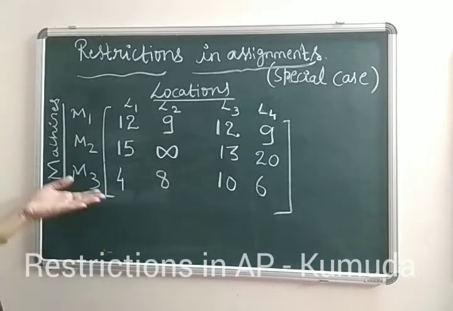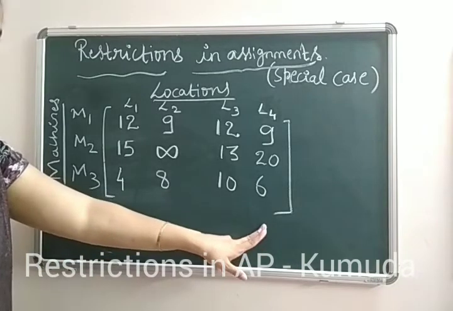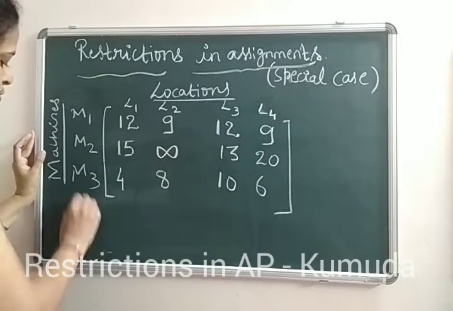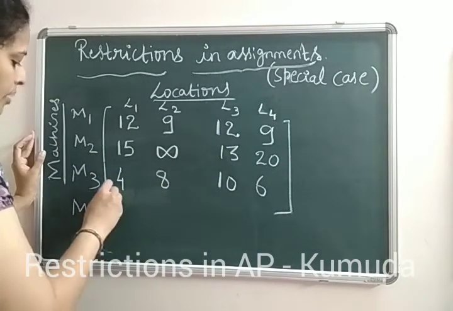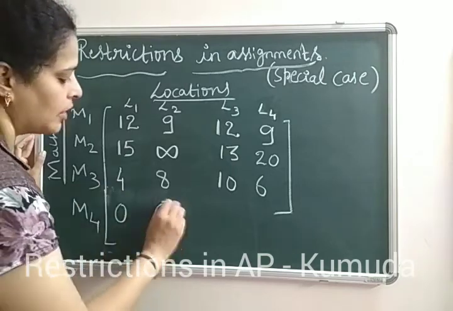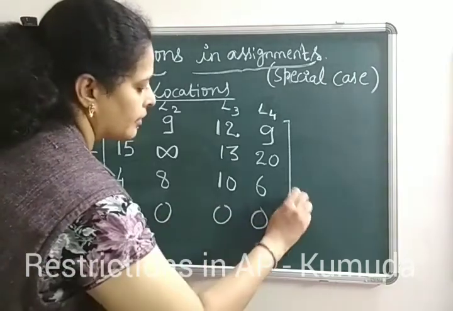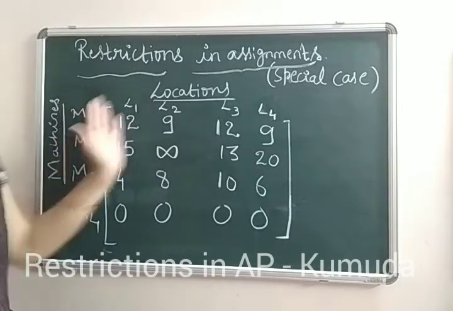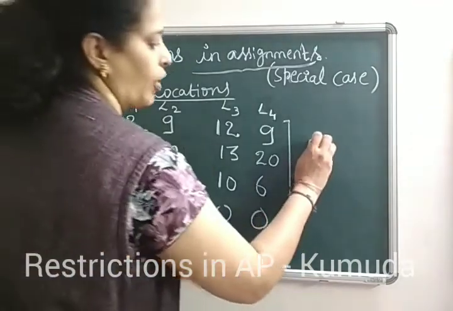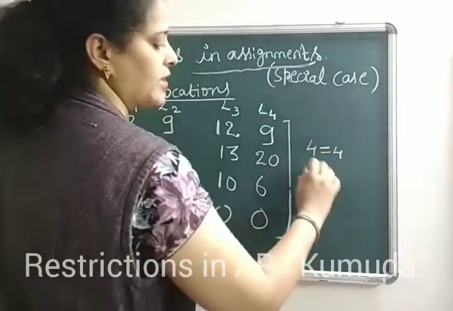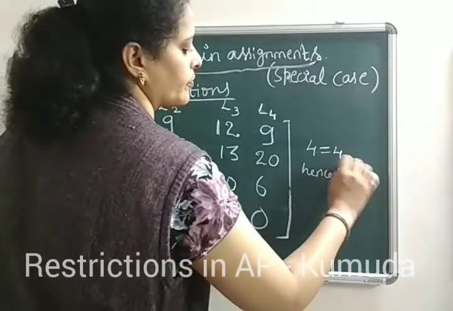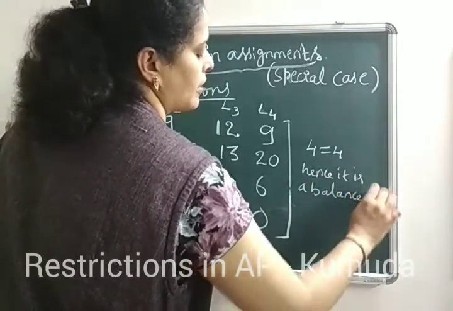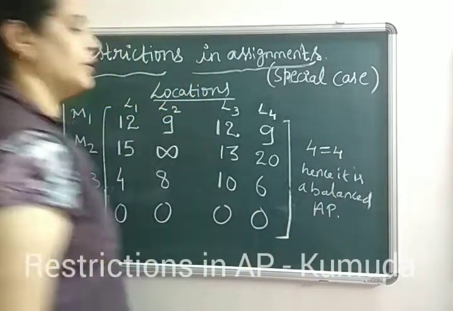The first step says that the number of rows should match the number of columns. Here we can see that we have 3 rows, but there are 4 columns. So obviously we are supposed to introduce one more row called a dummy row. Extend your question, where you replace the values with zeros, and the columns being 4. Now we can see that we have 4 rows and 4 columns. So we have the number of columns as 4, same as the number of rows. Hence it is a balanced AP, and we solve the given problem.